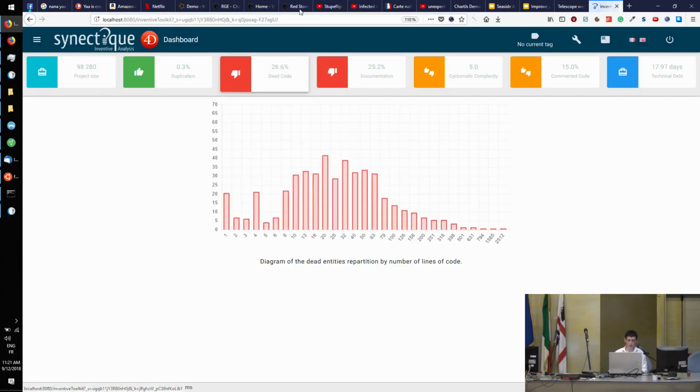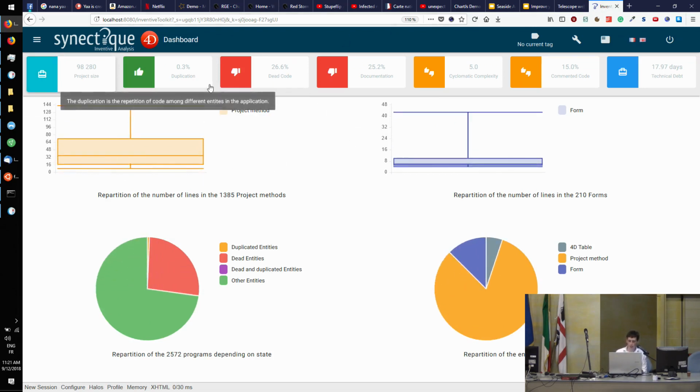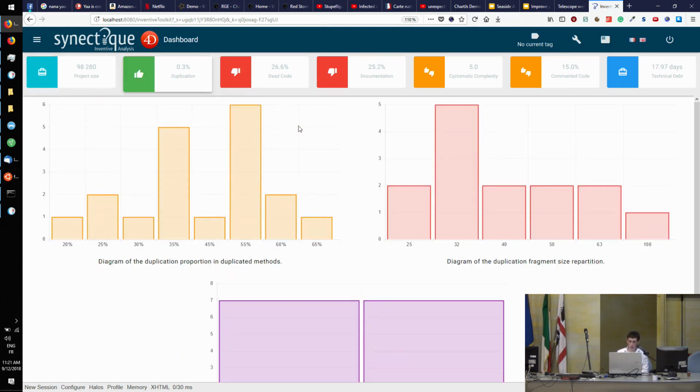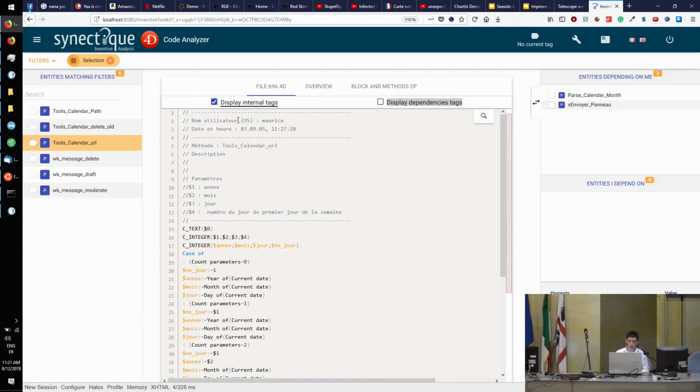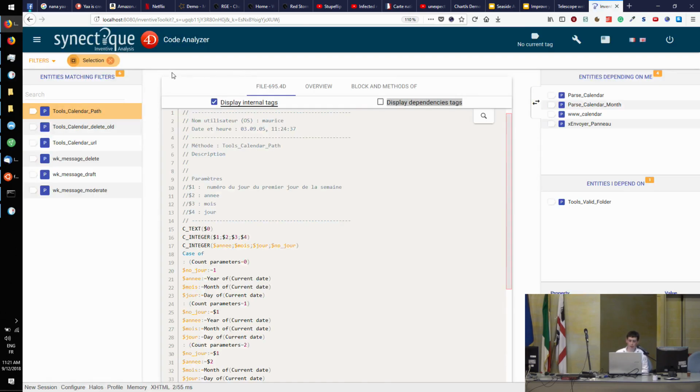We have, for example, a dashboard that uses Material Design and charts with Chart.js. You can use the callback system to directly click on it and get more information on the entities that were concerned by the charts.